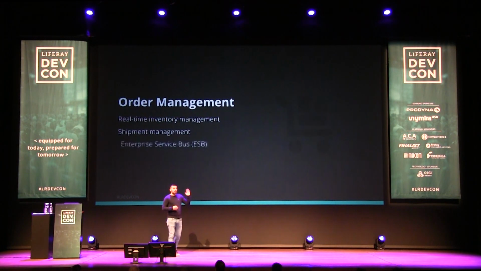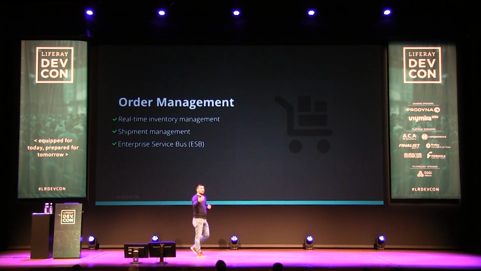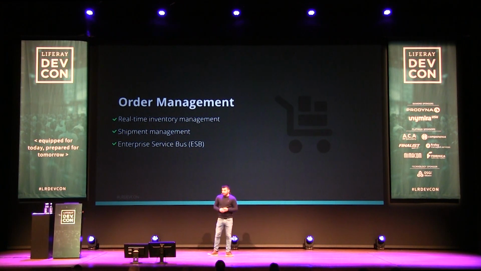For sure, all of these features are OSGi-based components, so if you don't see something here, you can just add your own. For example, in case of payment method, you can add your own payment method. Then once we get the order, thanks to the order management section, we are able to manage all of this information. We are able to provide live status updates on the order. We can create shipments, items, and all the information. We are giving all the information the user needs to know, and we are giving all the tools to the administrator in a way that they can manage that.